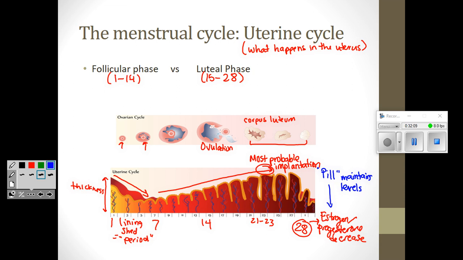There are other things besides the pill. There are things called intrauterine devices. There's the ring that you can get. There are shots that you can get. So there are different versions of this. But the purpose of most of them is to maintain those levels, because that's what would happen if she were pregnant. If she were pregnant, those levels would stay high.